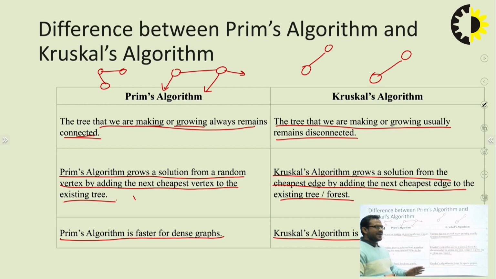Prim's algorithm is better with a dense graph, right? It doesn't mean that if you have a dense graph, you cannot apply Kruskal's algorithm. You can apply it, but the processing is slow as compared to Prim's. Got my point? And if you have a sparser graph, similarly you can apply Prim's algorithm also, but if you need that algorithm to run faster, you can apply Kruskal's algorithm for that particular sparse graph, okay? So these are the two topics from the greedy algorithm, Prim's and Kruskal's,